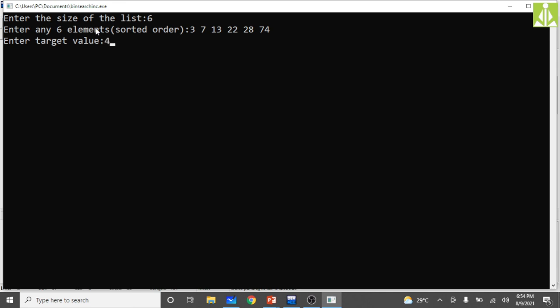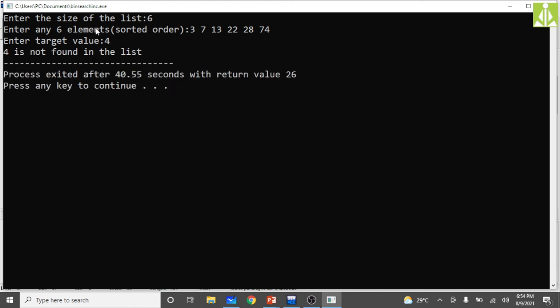As you can see, by seeing only you can say that 4 is not existing in the list. So hit the enter key, 4 is not found in the list. Finding 4 in the list using binary search is nothing but the target not found case. Okay, everything in detail with clarity we discussed, that is how we apply the search algorithm both when the target is there in the list and when the target is not there in the list.